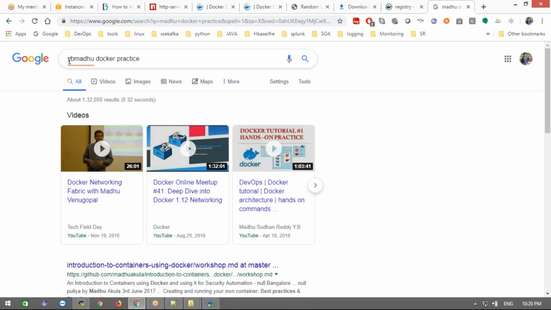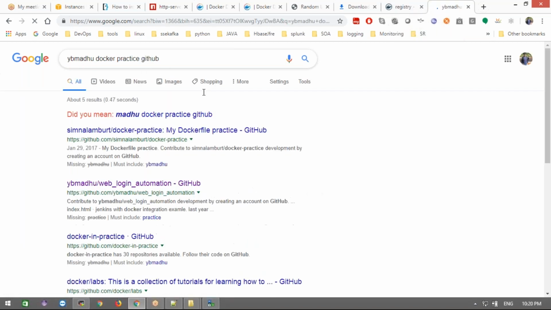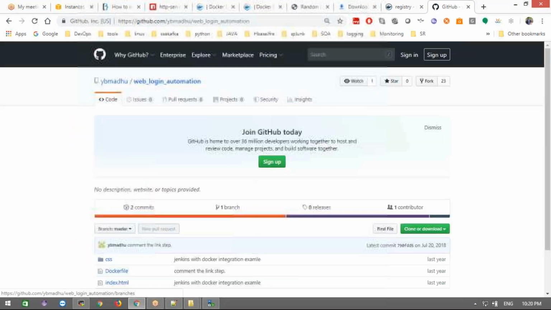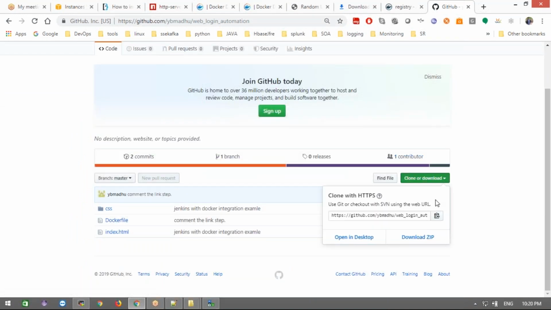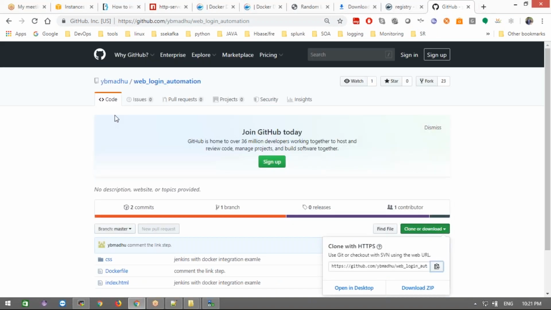Let's search with Webinar Docker practice GitHub. And this is also one image. I am going to copy this URL and share it here. Take a copy of this URL. I have all the repositories also.